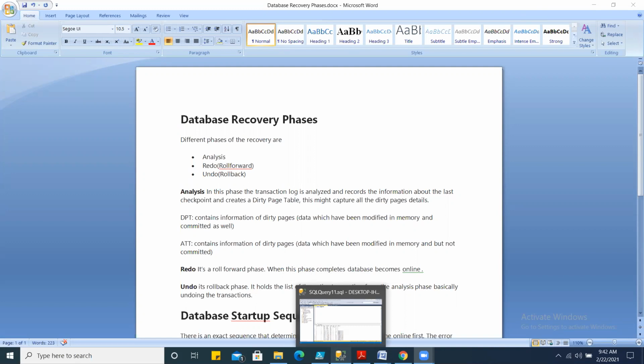No, it will not go to the data file. That transaction will be completely rolled back. That will be undone. Again, when it goes to the MDF file, no, it will not be written to the MDF file. That transaction has to be rolled back. What happens when you kill a transaction? Actually, the rollback process happens, right? It means that whatever that transaction has done, whatever pages were modified, that has to be undone, right? So that data will not be written into the data file.